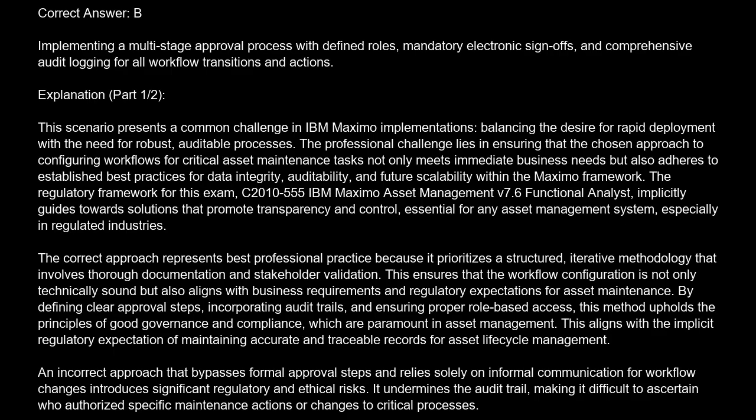The correct answer is B. Implementing a multi-stage approval process with defined roles, mandatory electronic sign-offs, and comprehensive audit logging for all workflow transitions and actions. Explanation. This scenario presents a common challenge in IBM Maximo implementations, balancing the desire for rapid deployment with the